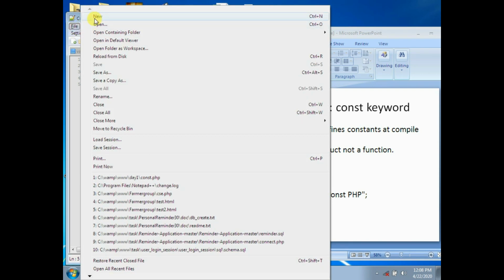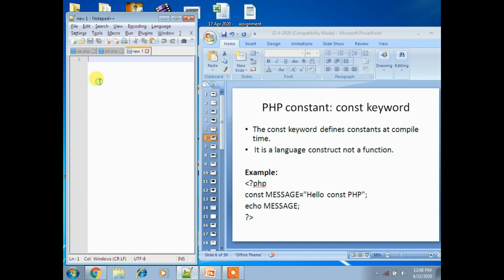For this I will take another notepad, new. I am typing the PHP opening tag, then const message equal to hello PHP, echo message, and then close this, save.